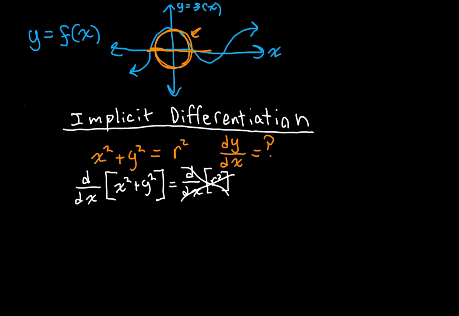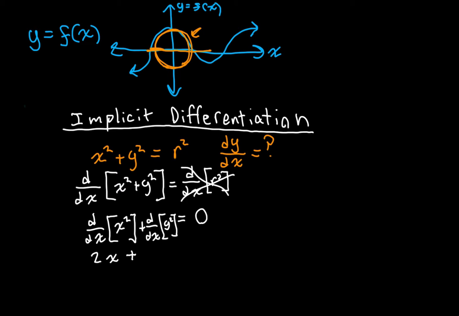That's just a constant. So we have that 0 is equal to the derivative with respect to x of x squared plus the derivative with respect to x of y squared. So the first part's pretty easy. What's the derivative with respect to x of x squared? You know, if we just have some function x squared, the derivative of that function would be 2x. So 2x